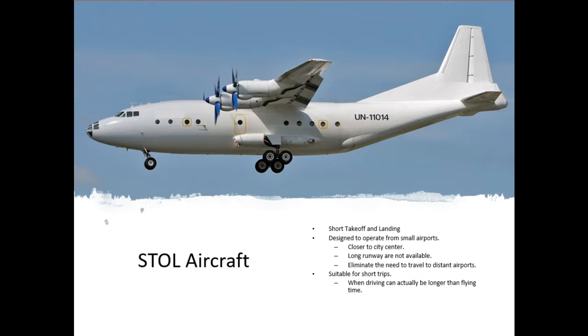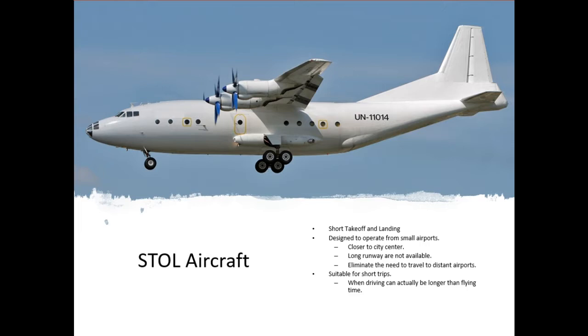I can give you guys an example, like if you ever heard about an island called Flores, it is near Bali. If you wanted to go to Flores, you must take a flight from KL to Bali, and from Bali another flight to Labuan Bajo. Labuan Bajo is a small city which is nearby to these islands. So when you are taking a flight from Bali to Labuan Bajo, you will see the aircraft are STOL aircraft, because it is for very short takeoff and landing, and it usually operates from very small airports because it's closer to the city,